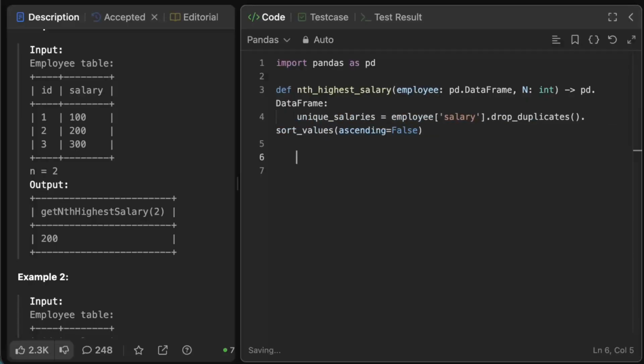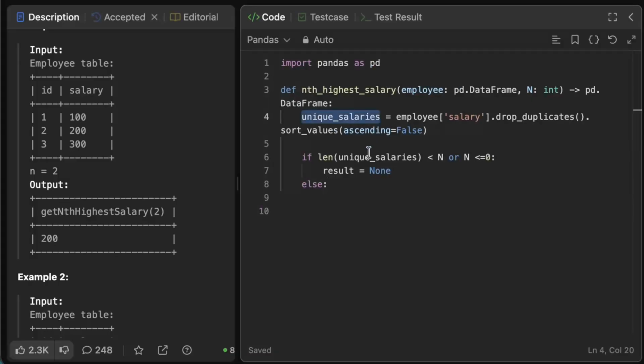Next, we need to check if we have at least n salaries. If less than the parameter n, then the result should be null, or None in Python. So we write if the length of the unique salaries, which are already sorted, is less than parameter n, or n itself is less than or equal to 0, then the result equals None. Otherwise, we take the new dataset and we use the iloc